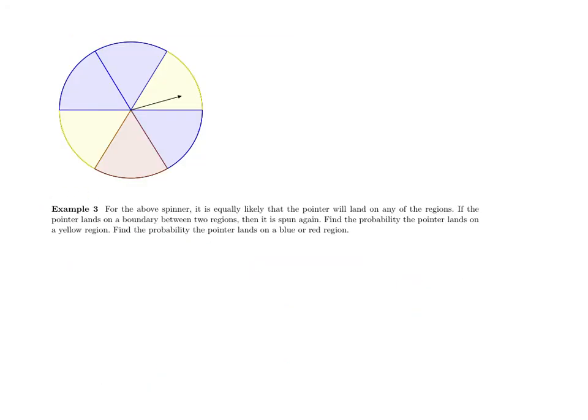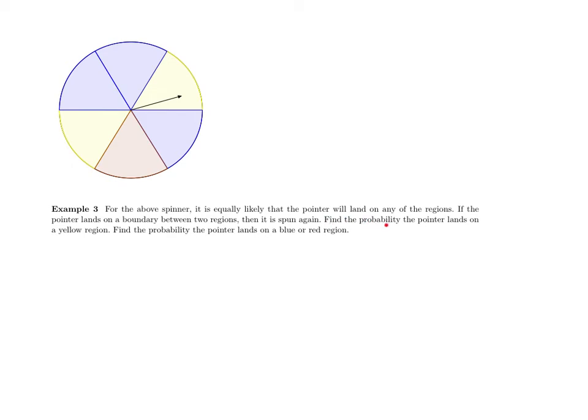In example 3, we have a diagram of a spinner. Here's the thing being spun, the pointer, and we have a total of 6 equally sized regions, meaning when this thing spins, the chance that it lands in any one of these regions is equally likely. That is the first part of example 3. It goes on to say, if the pointer lands on a boundary between 2 regions, then we just pretend that didn't happen. We ignore it and spin again until we land in an actual region. If this is the case,